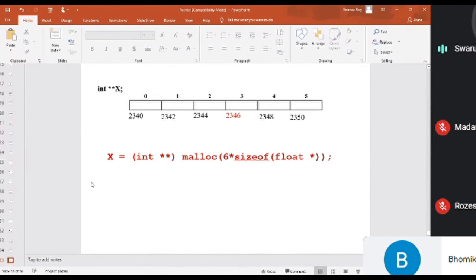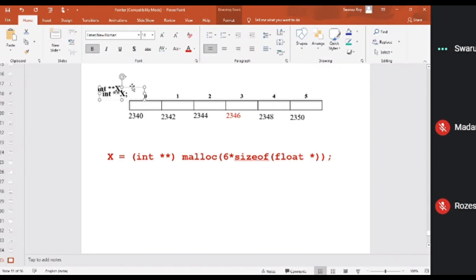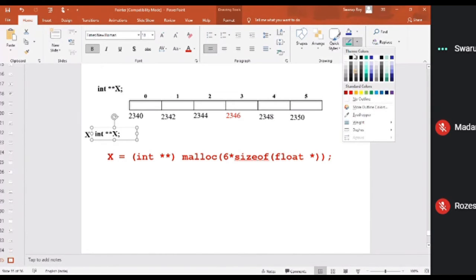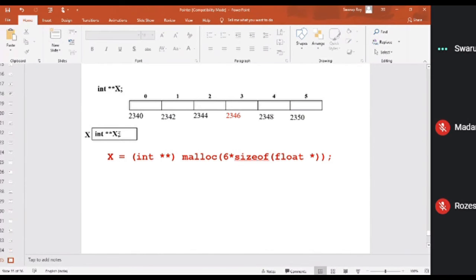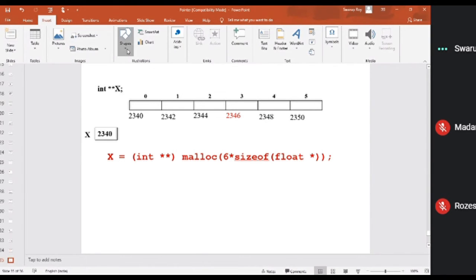So naturally, what will happen? Now x is pointing to the base address of that array.